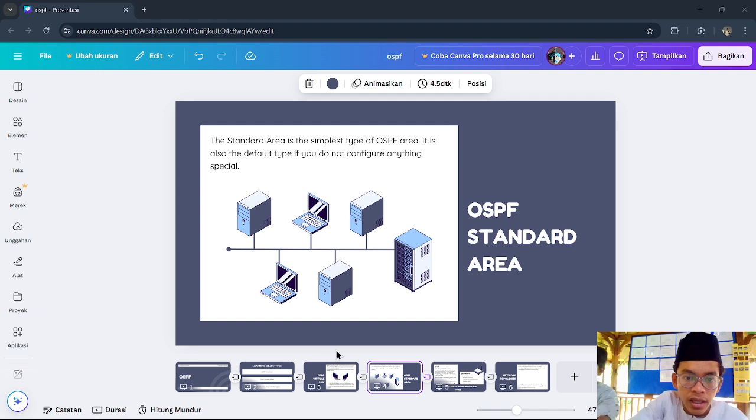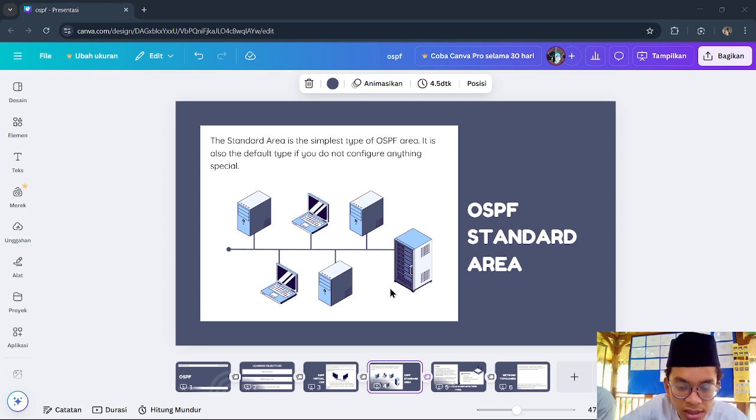And then in standard area, all types of OSPF LSAs, or link state advertisements, are allowed. That includes type 1 router LSA, type 2 network LSA, type 3 summary LSA, type 4 ASBR summary LSA, and type 5 external LSA.